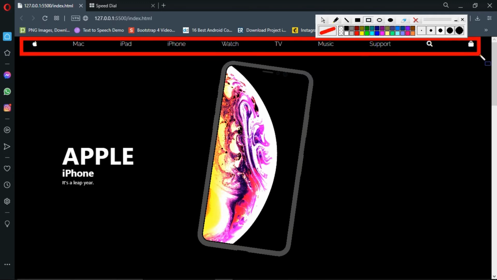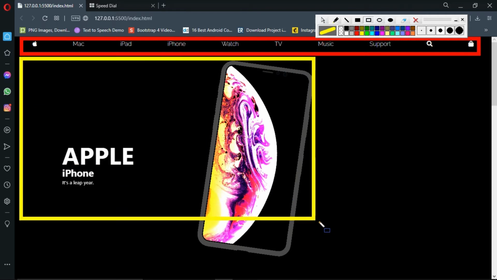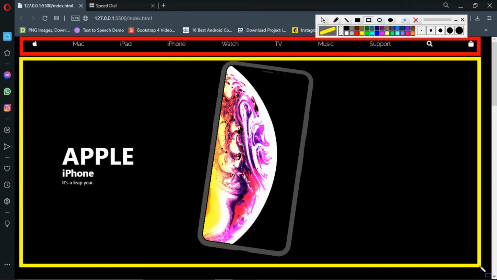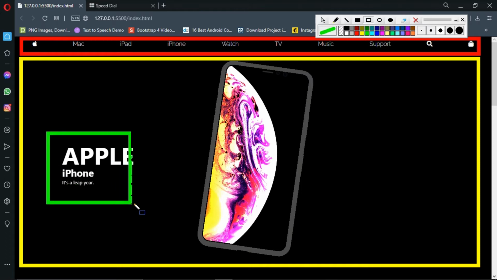Firstly we're going to make this navbar here, which has the Apple logo, some different navbar items, and these Font Awesome icons on the right. And this will be the second part, which will be totally based on the Three.js library, which is going to render our component, that is the Apple model here, and we will get some text here to make it look better.